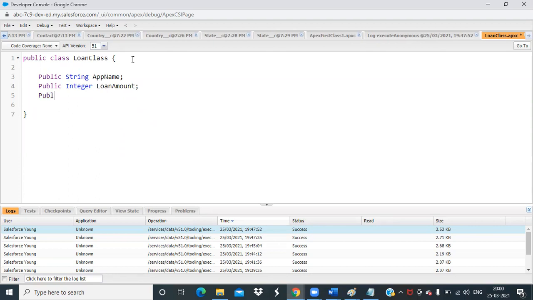What else will be there in the loan class? Loan tenure, rate of interest, ROI, EMI.